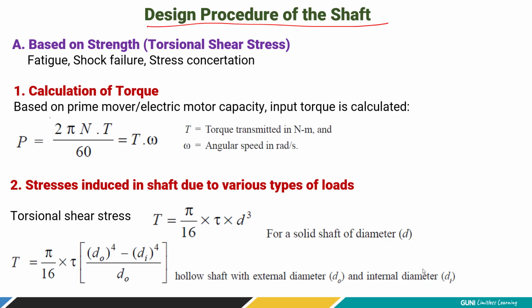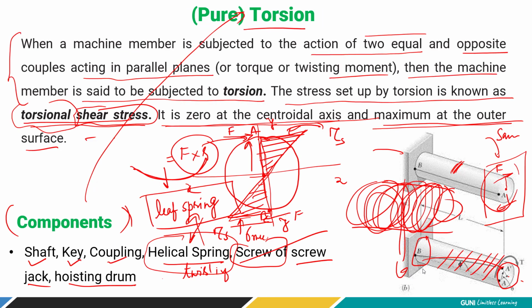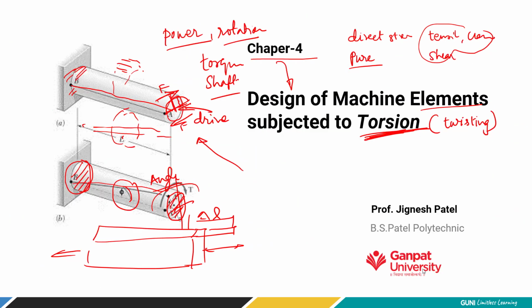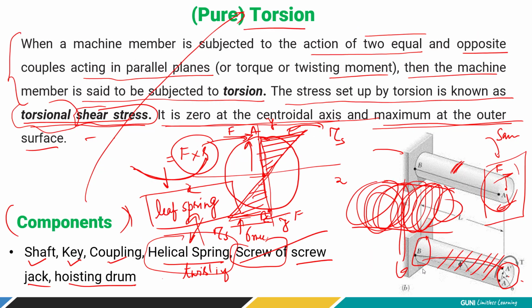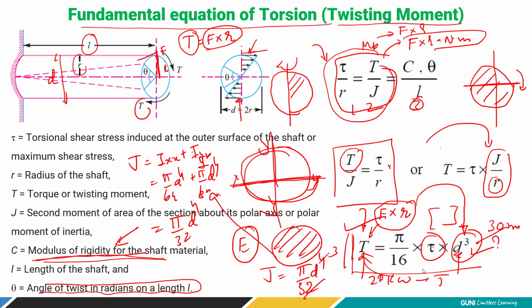So, student, we have covered about the torsion. What is torsion? Then we'll discuss the different elements which are subjected to torsion. Then we have started discussion on fundamental equation of torsion, and we have gone through the connectivity between the applied torque and the polar moment of inertia and shear stress generated, right? And hence we try to connect the applied torque, that is force into radius, then ultimately the shear stress induced,